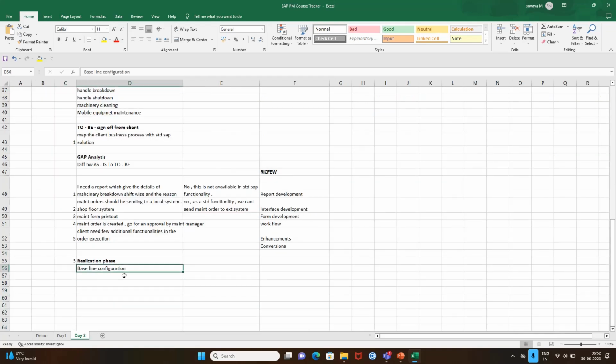Once the baseline is completed, you should also start discussing the SFWs with the client, because this is exactly the phase where we take the requirements for SFWs, and you should start documenting the functional specification documents with respect to the SFW. So along with baseline, once the baseline is completed, what should you do? You should start gathering requirements